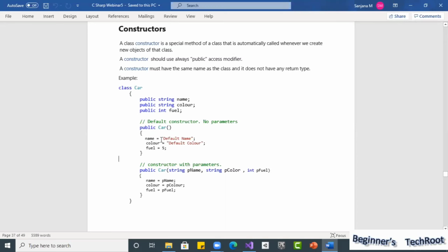As we discussed, the constructor is nothing but the initialization when an object is created, whatever initialization is required. As we discussed with Car, based on the car design, if you want to make various model cars.